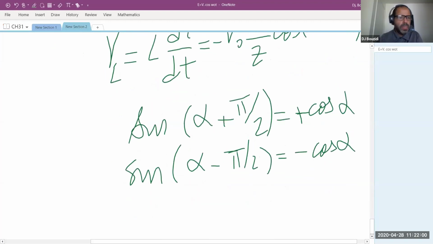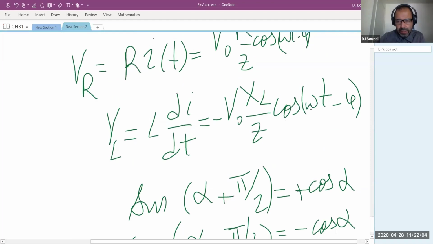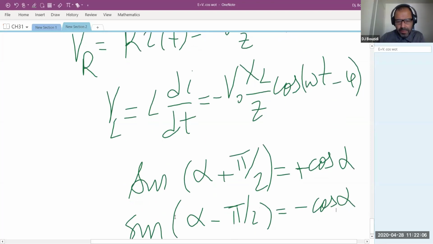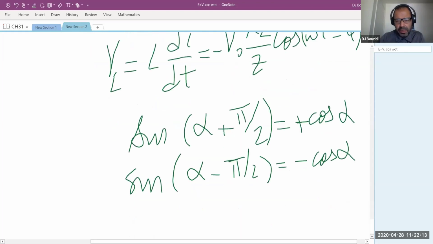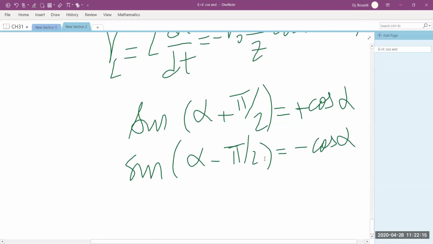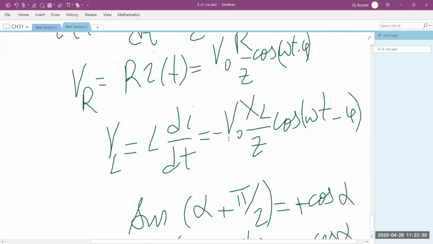Did I do it correctly in here? Minus cosine alpha in cos. Yeah, I think the identities are correct. Isn't sine supposed to be cos? Sine? Real? No, this is correct. I think sine cos, that's 0. No, I mean minus, above the V sub L. Yeah, there is a